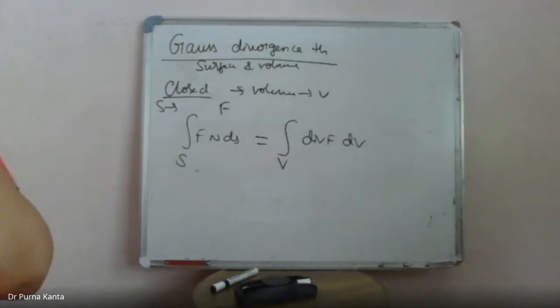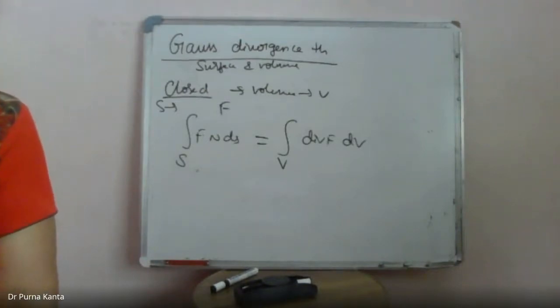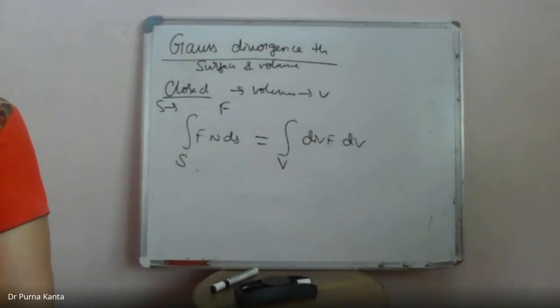So just like Green's and Stokes theorem, here also we come across 2 types of problems. One is verify Gauss divergence theorem, which means you have to calculate both the surface integral as well as the volume integral and show that both are equal. Or you will be given a surface integral and asked to evaluate it using Gauss divergence theorem: convert it into a volume integral and evaluate the triple integral value. That is what we are going to learn in this."